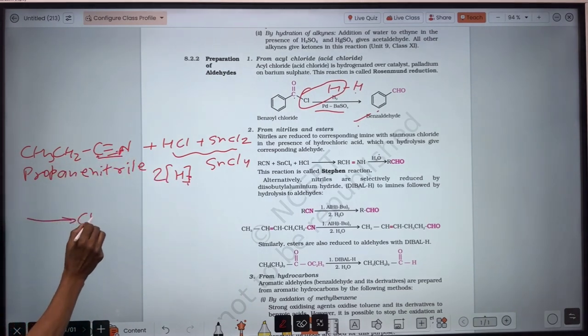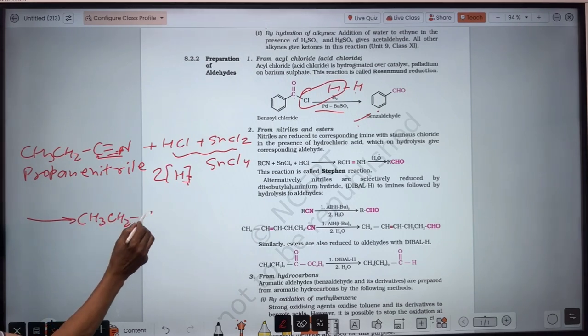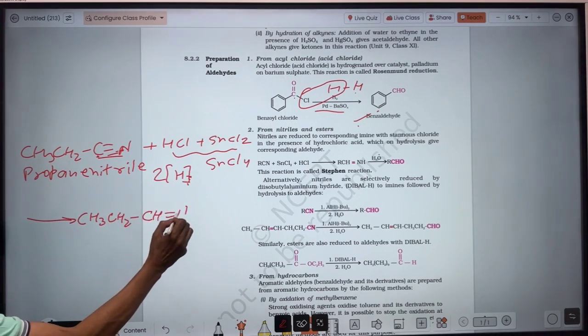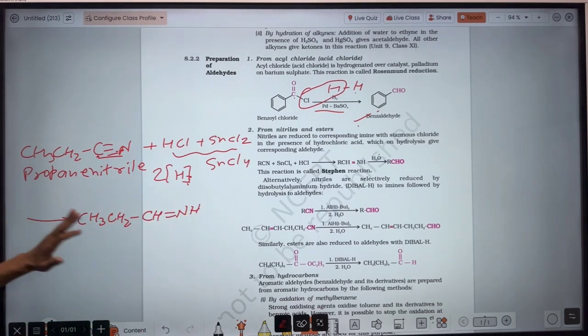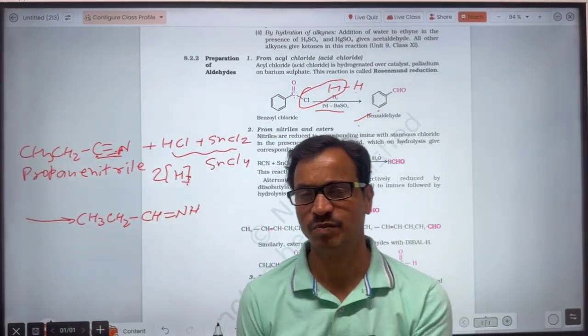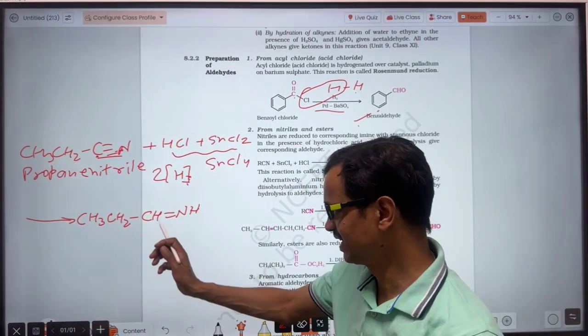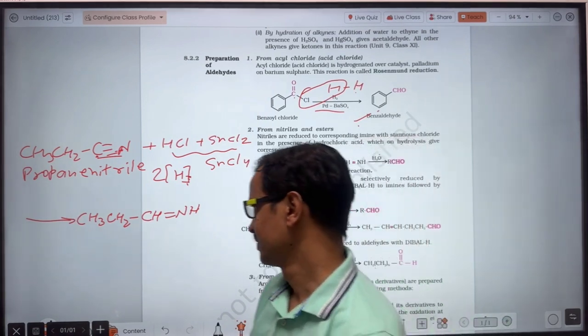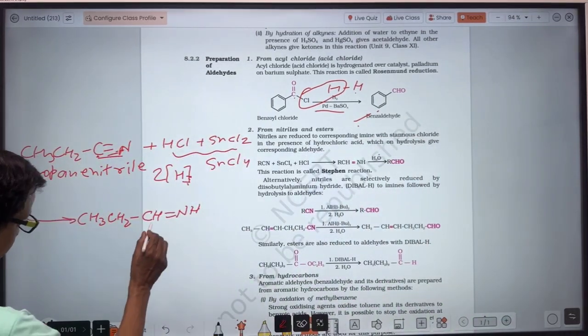So the compound becomes one with a double bond between carbon and nitrogen, and that compound is called imine. This one is imine. So its IUPAC name will be